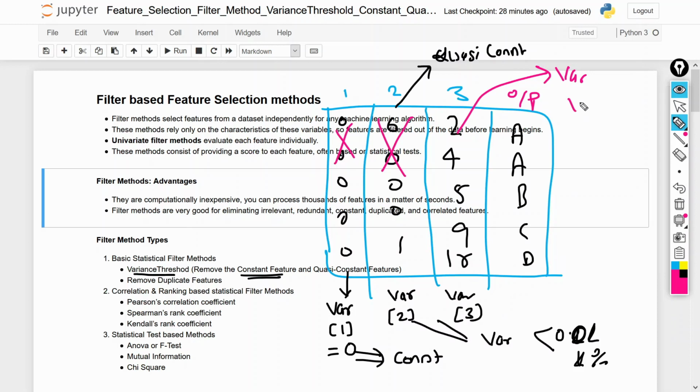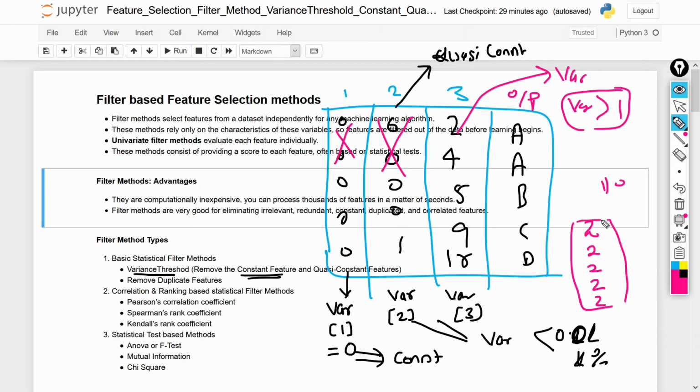If the variance of this feature is greater than 1%, we can say that most of the values are not constant. So that's why we will keep this value as it is. Why? Because if the variance is 1 or 0, it means all the values will be almost equal, 2, 2, 2, 2.